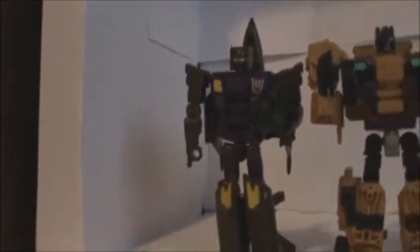Deluxes. I have 12 or 14. No, yes, 14 Decepticon Deluxe Transformers. So let's take a look at them. First, we have the Generations Combiner Wars Blast Off, and he turns into a jet, which a lot of people take issue with, but I kind of like that because I don't want a space shuttle the size of a car. But anyway, here's Swindle